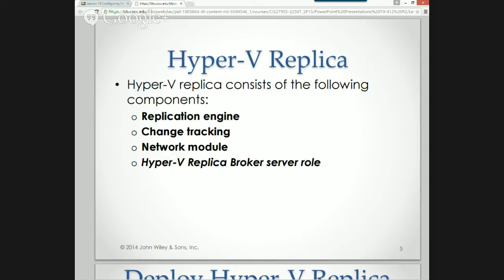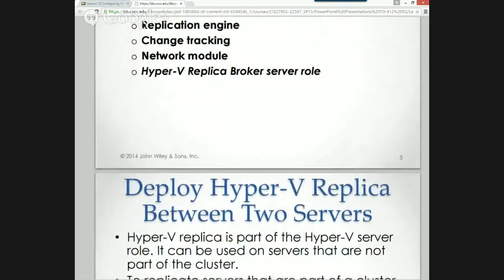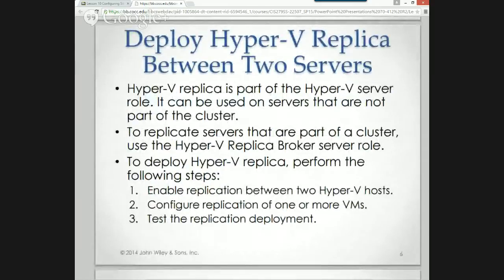It's only replicating the changes, which means I'm not transferring a bunch of data over a WAN link. There's also a network module, and then of course a broker server role. The broker is what has the information of where the replica is, how to reach it, whether it is primary, and how often to make replications.